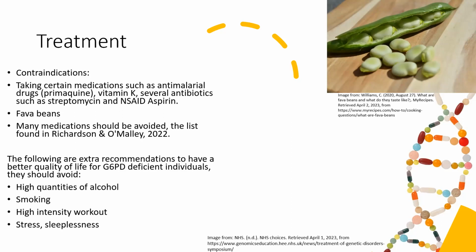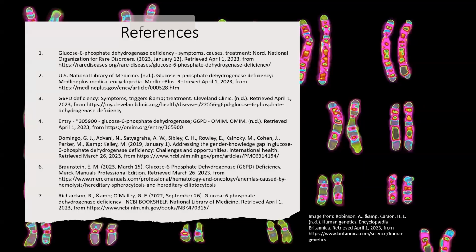And if there's a hemolytic anemia crisis, patients may need a blood transfusion. For newborn babies with jaundice, healthcare providers may treat it with phototherapy, which is an artificial light treatment. And in serious cases, there could be an exchange transfusion of newly donated blood if necessary. Here are my references for all the information I just mentioned,